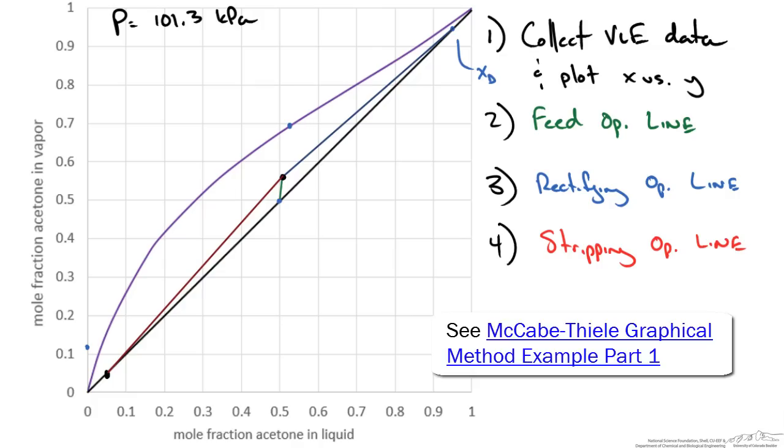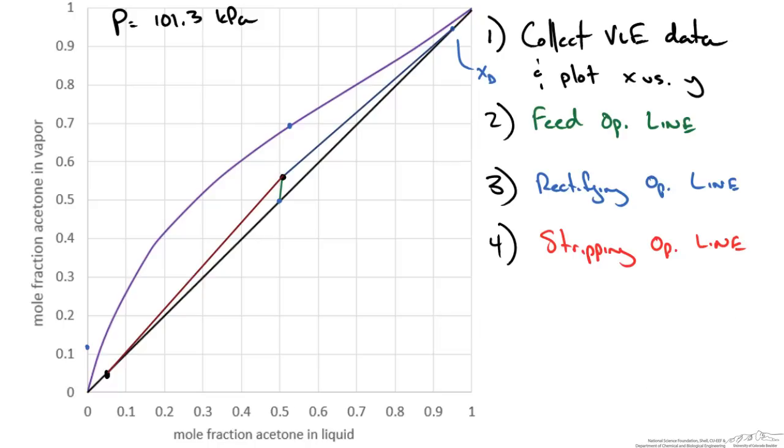This is a continuation of part 1 of the McCabe-Thiele diagram. So the second part of this is to determine how many equilibrium stages we have to achieve this separation given these operating conditions. So what we start doing is we're going to start at our top distillate composition, and we're